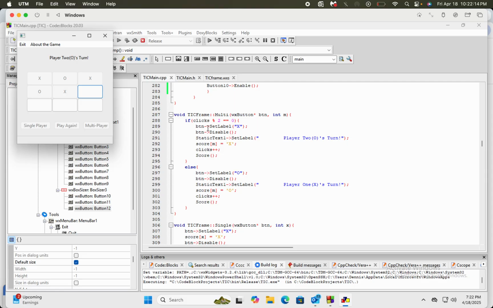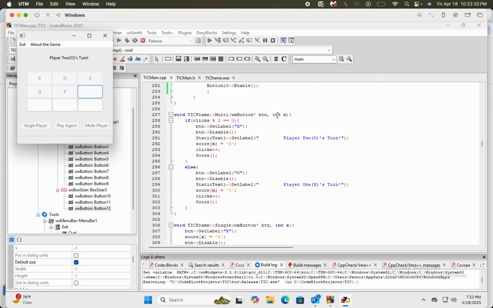But if this is true, the button 5 is set to X, and button 5 is disabled. The static text up here is changed to say player 2's turn,